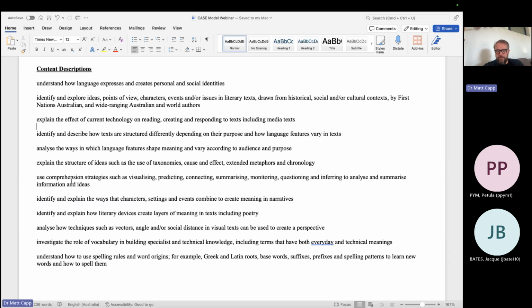All right, everyone, how about we come back and have a look at the next step in deconstructing these content descriptions. So what we need to do now that we've copied them across, we need to highlight any key terminology or any cognitive verbs. So I find that the easy way to do this is when I highlight them,